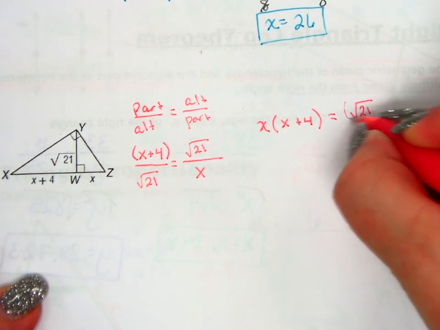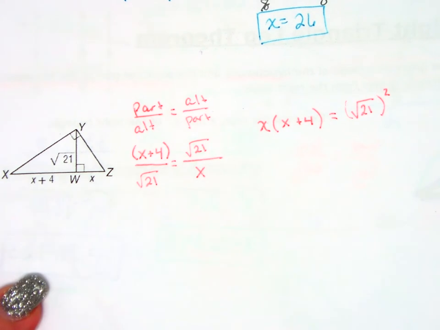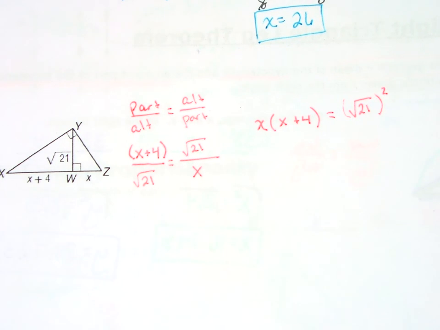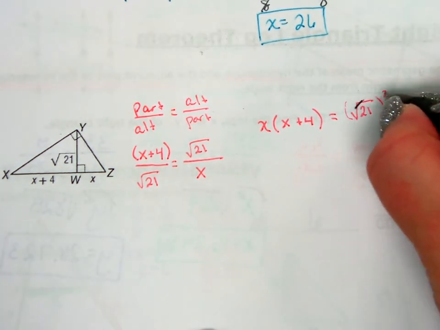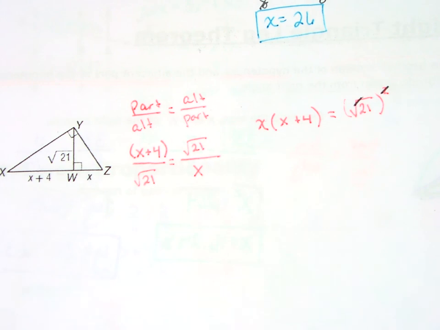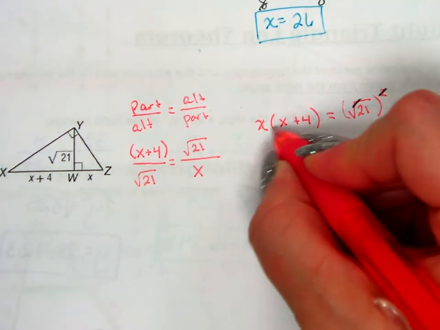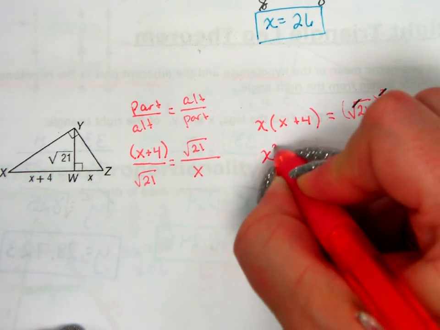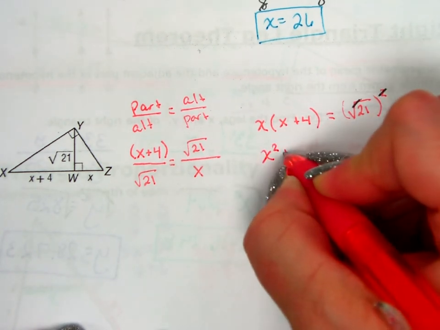And then on the other side, I'm going to have the square root of 21 times the square root of 21, which when you multiply something by itself, you're just squaring it, right? The geometric mean always ends up getting squared. What happens when you square and square root at the same time? It cancels out. So I don't even need a calculator to do this. My square and my square root are going to cancel out, and this is going to become x times x